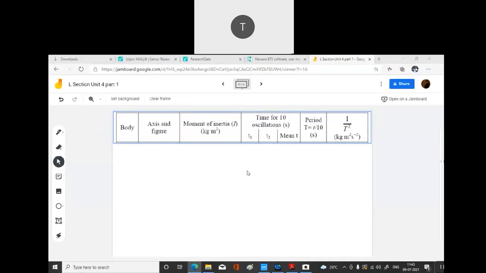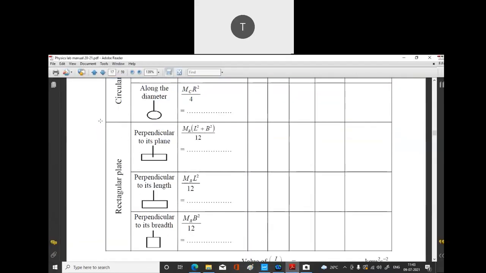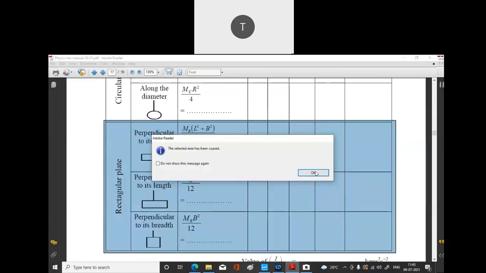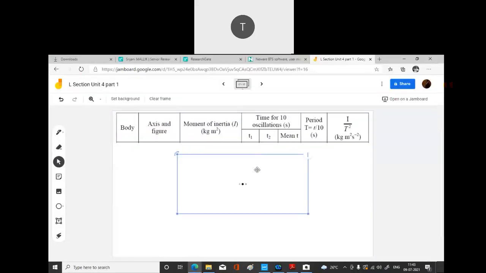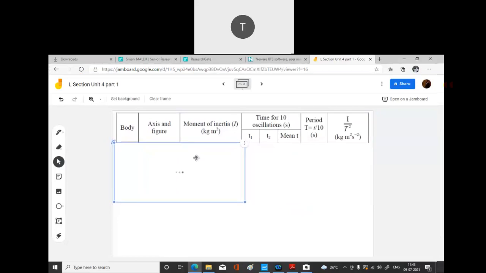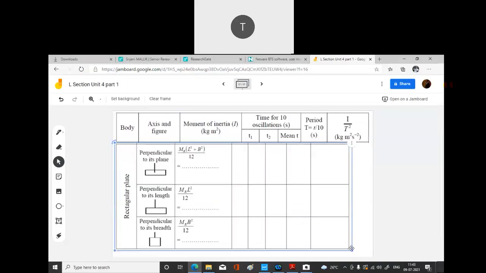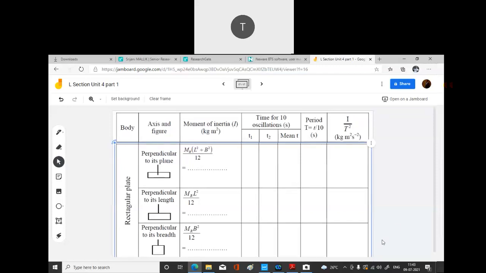So you need the other part also. So I'll just take the other part. So we need from here to here. Okay, so here we will have three different orientations. So in the previous one we had only 2 orientations. Okay, but here we will have 3 different orientations. Okay. Okay, I think it's good. So it's fine.